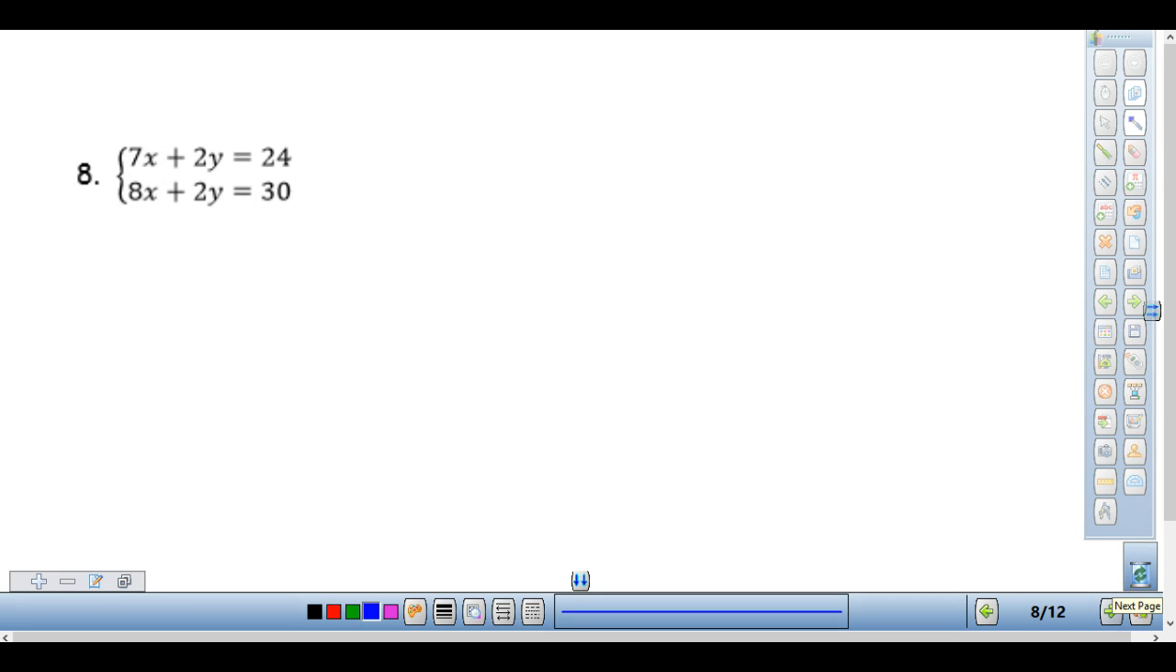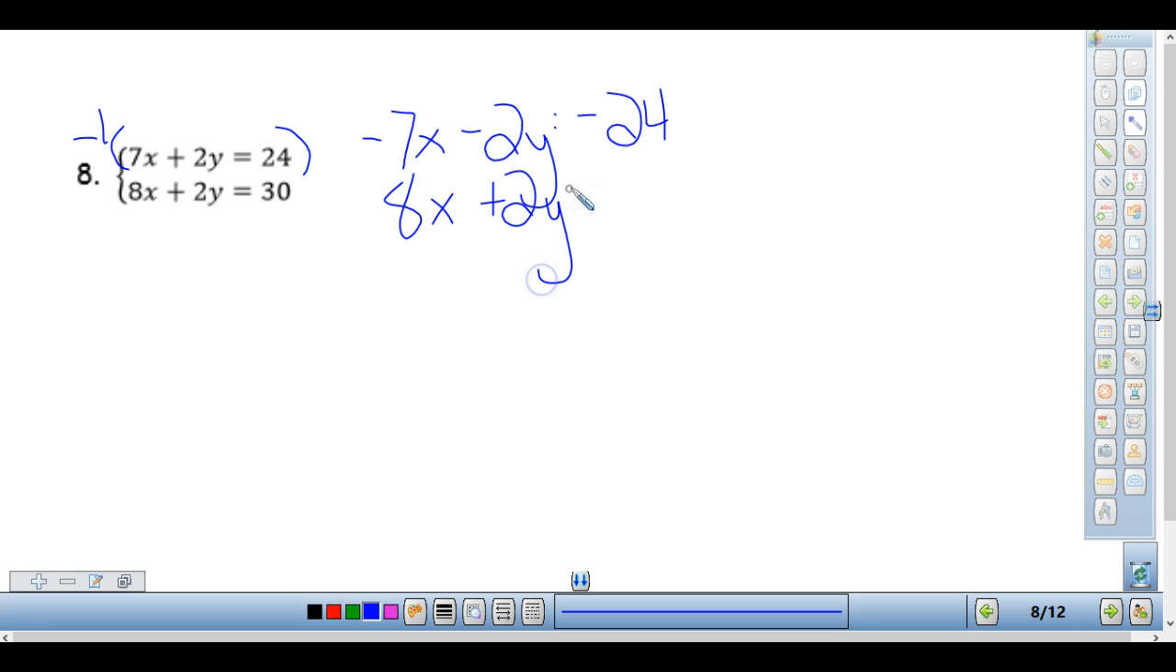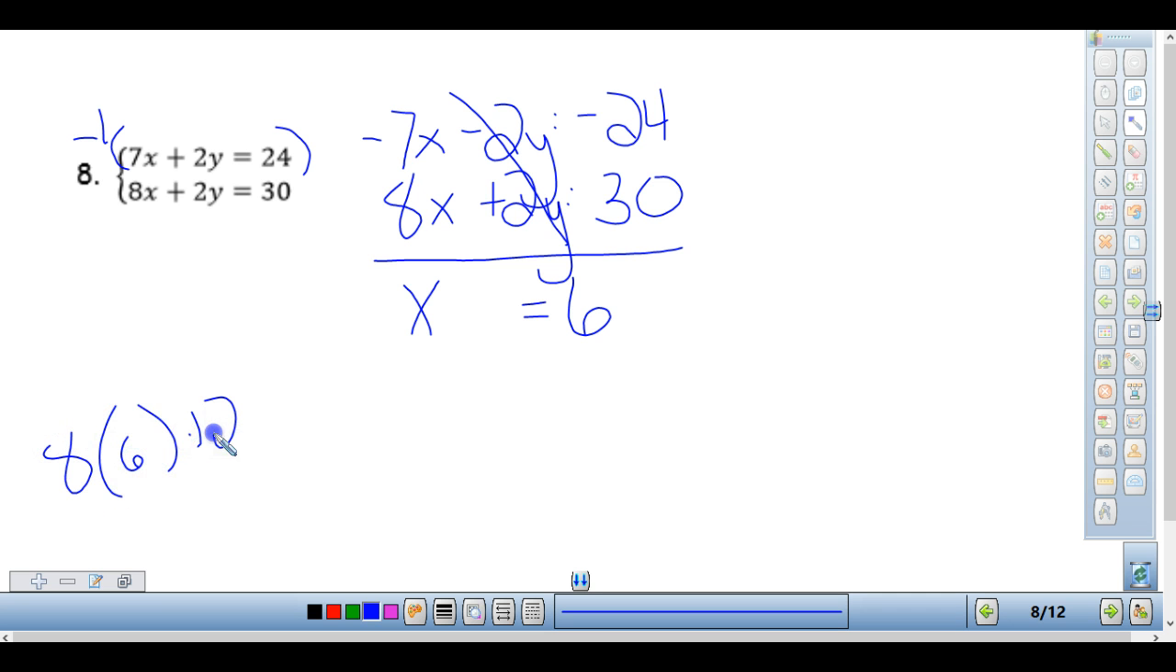Number 8. Okay, I've got 2's right here, but I need one to be positive and one to be negative. So I can multiply the top by a negative 1. So I get negative 7x minus 2y equals negative 24. 8x plus 2y equals 30. So my y's cancel. I end up with 1x equals positive 6. Plug it in. 8 times 6 plus 2y equals 30. 48 plus 2y